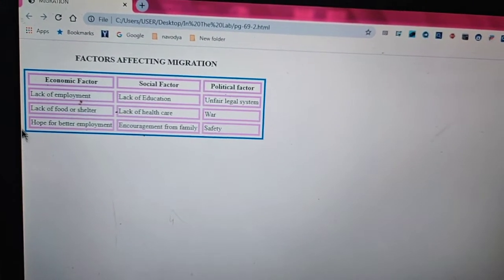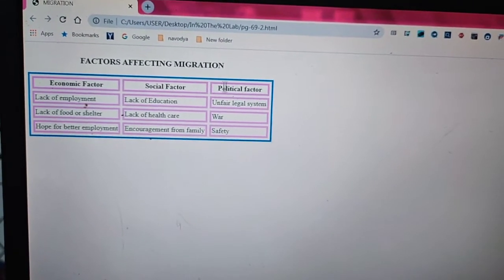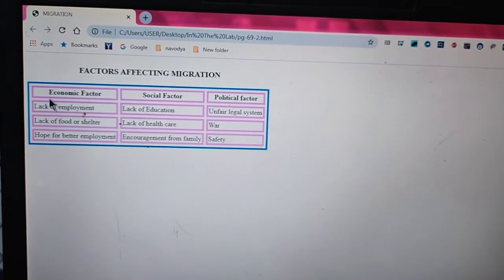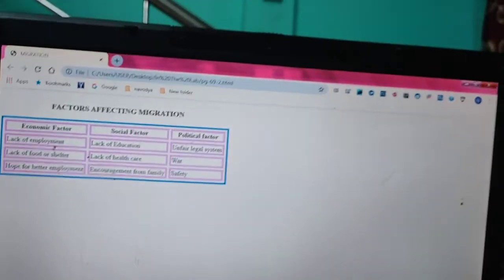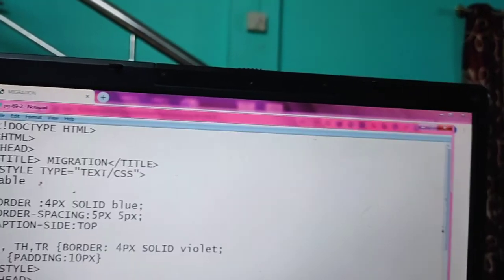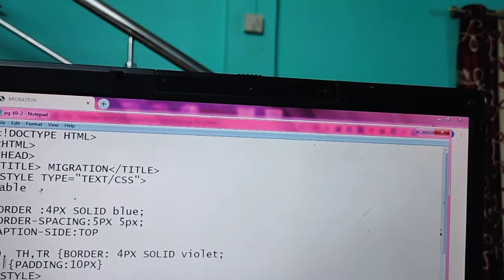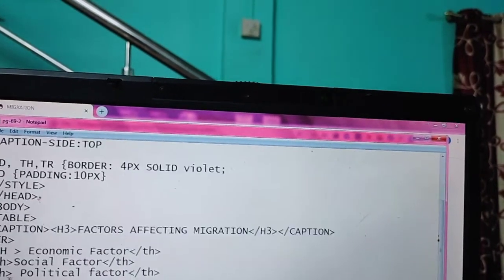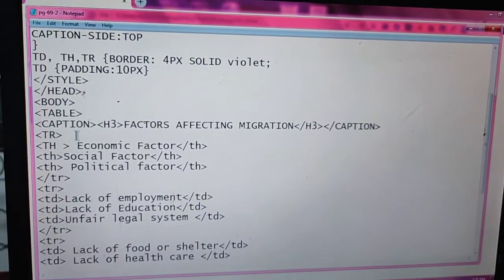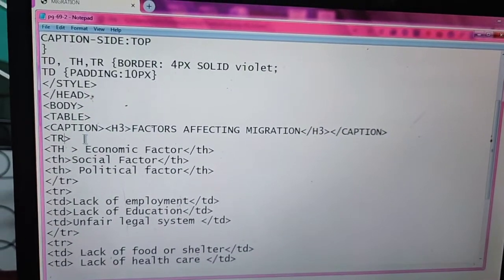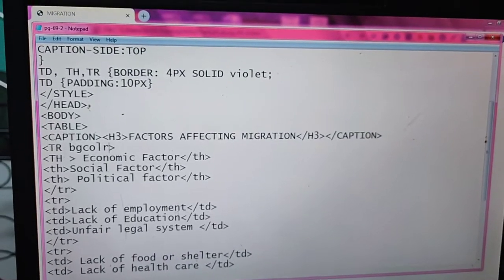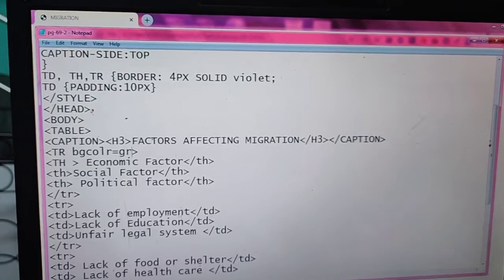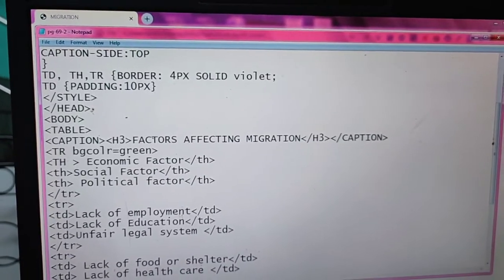Suppose you want to change the complete row to a different color, a different background color for each row. In that case, you have to edit our program. I'm using it in TR. Look at here, I'm adding here, look at my mouse pointer: TR bgcolor equals, I'm giving green, for the first row.